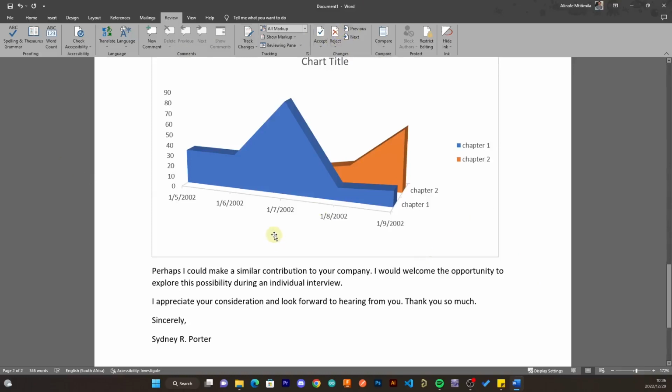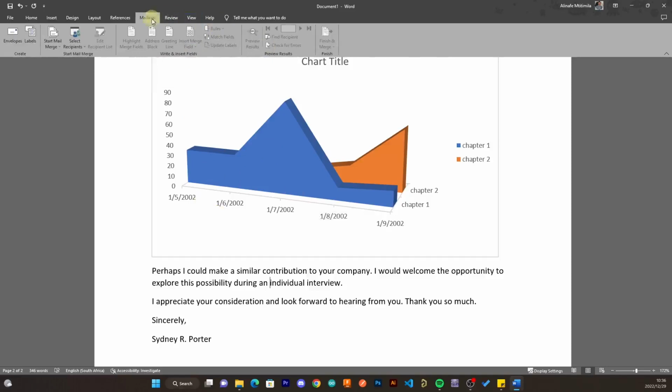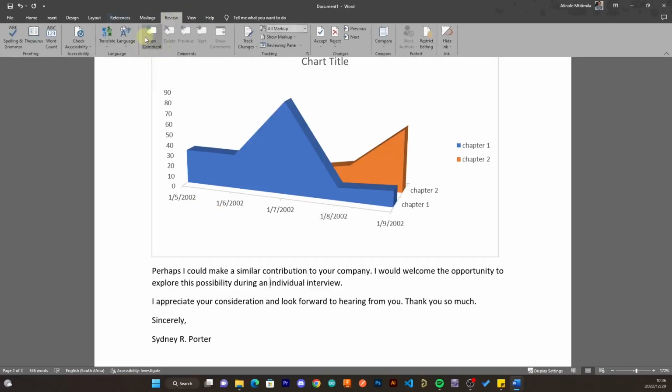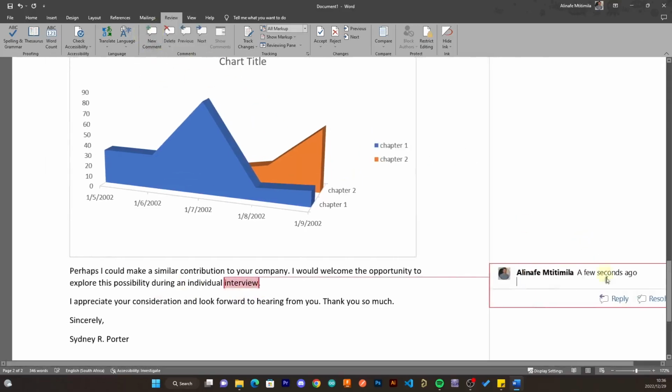So let me say that you want to put a comment on a certain issue. You are not editing, but you want to put a comment that your friend should do. There's also a feature here where you say comment. Let me go to review. You just say comment. So what you need to do is to highlight a place where you want to leave a comment, place there and comment. You can just say edit here,